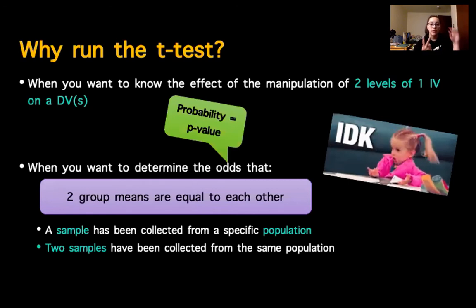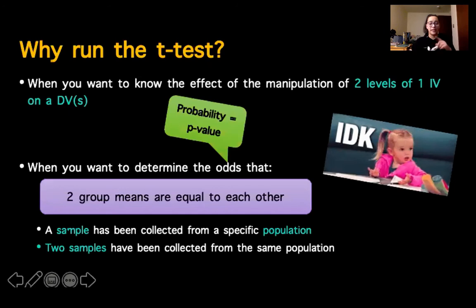And we just want to know, are each of those conditions the same, or does the intervention do something to significantly change the dependent variable such that those conditions are different? So we can do this, like I said, with two samples, which is more common in kinesiology. Or you can also do this by looking at a single sample